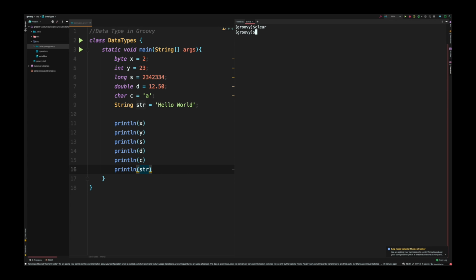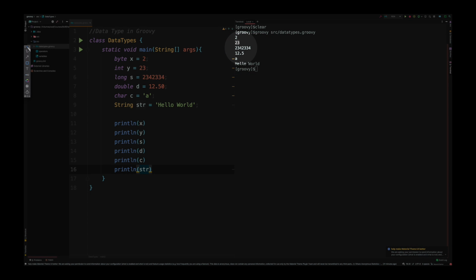Okay, I'm going to open up a terminal and here I'm going to type groovy space source data types.groovy and press enter, and you will see printing 2, 23, something like that. So I'm going to just mark that so we know what we're talking about. So here we got 23, 23, 42, 12.5, a hello world, and we got all the data printed in the console.